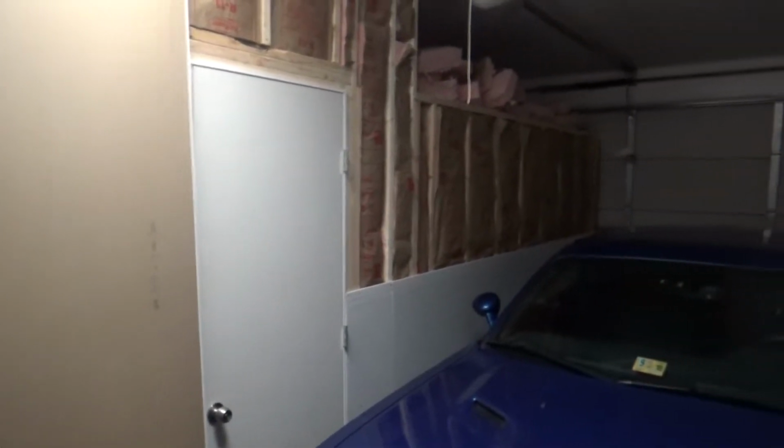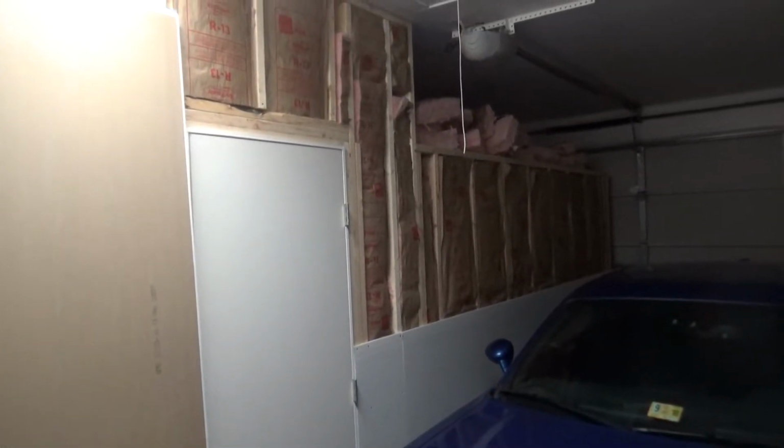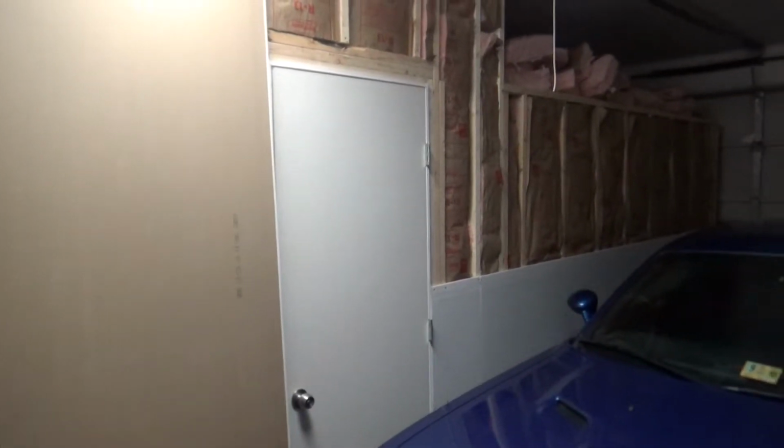So this is the outside. As you can see, the drywall is partially finished on this wall. It's almost done. There's a little piece behind there that's already done too. So just the top half of that outside wall. But if I can go inside here,